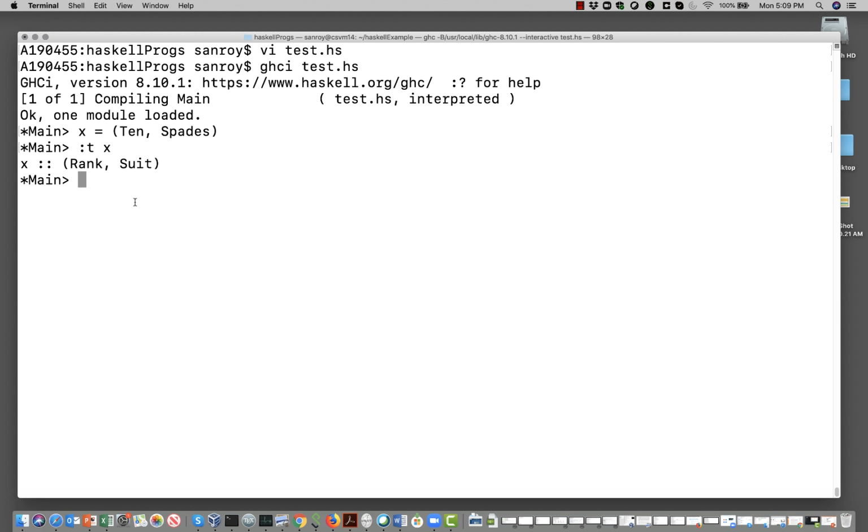And now if we define say a list of cards, say this is 10 Spades, and then this is Jack Hearts, arbitrary, and we can have more. And if you say what is the type of y, it says it's list of Cards, correct? Okay,